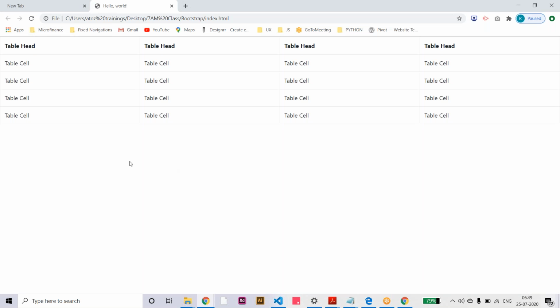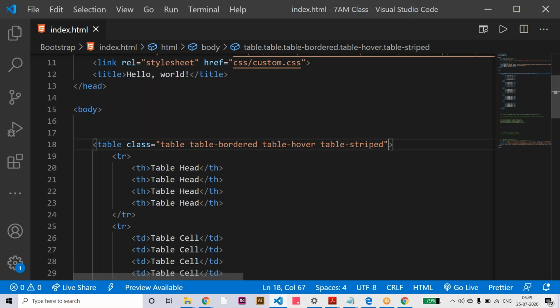When I apply the striped class, see, the alternate rows take a light gray color, so each row is slightly differentiated. That is the table striped class, and you can apply responsive here also.